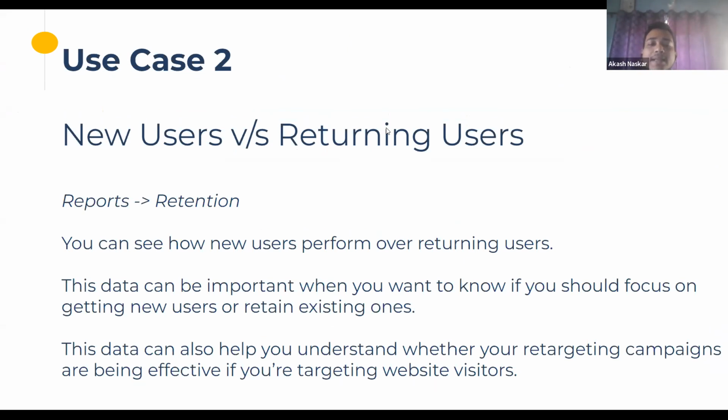Now, first we need to understand why this particular metric of new versus returning users is important. What does it really tell us as a marketer? Why do we really need this data? Whenever a business starts running, there are 2 types of users that it gets. One is the new users that the business acquires through running ads, social media marketing, influencer marketing, and all the other different things. And the second type of user is returning users, or users of the custom audiences in Facebook and Google ads that you have learned.